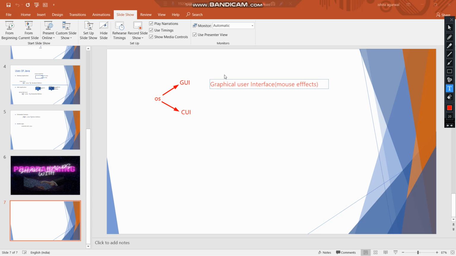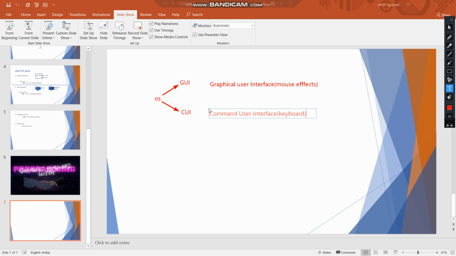And the second thing is CUI, that is the command user interface. That is the keyboard. So in Java we use the command user interface, that is with the help of command prompt.